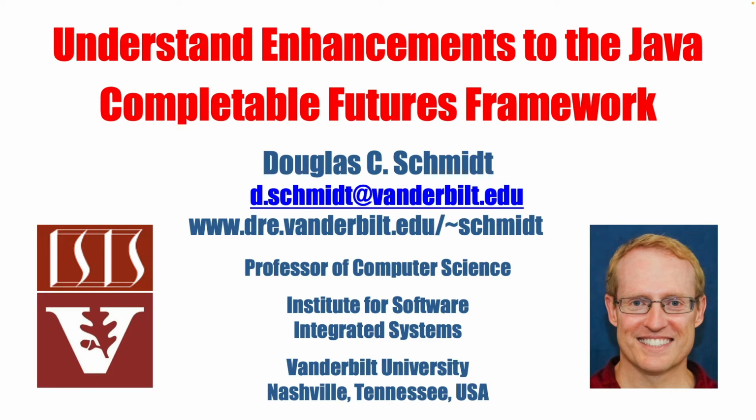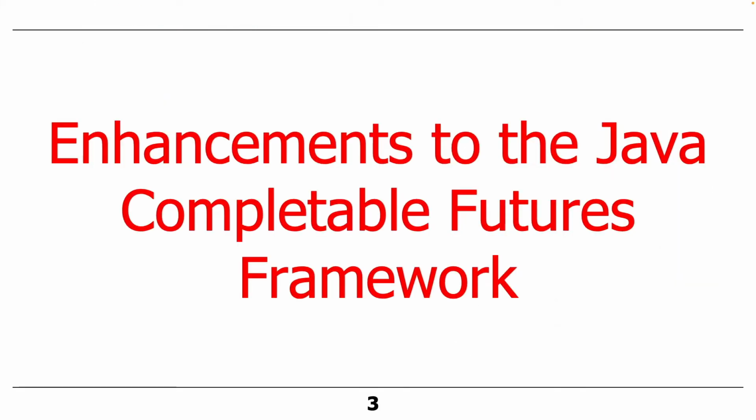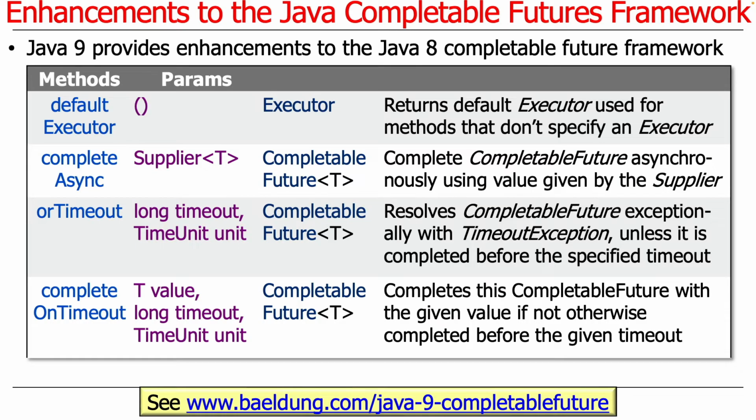The last topic we're going to cover on completable futures before we move on to our next topic is enhancements to the Java completable futures framework that have come in later versions of Java. So there was the original version that came in Java 8, and then later versions of Java added more stuff. Here are some of the things that were added in Java 9 to Java 8, and then there's a couple of other things that came later which are insignificant, but these are the ones in Java 9 that are